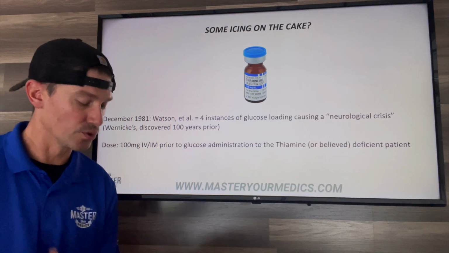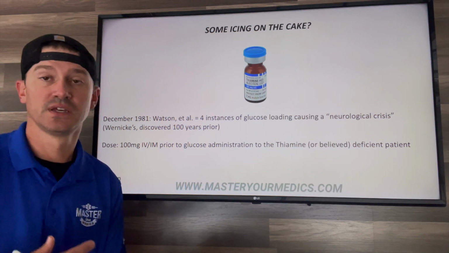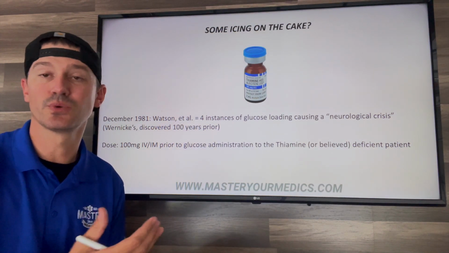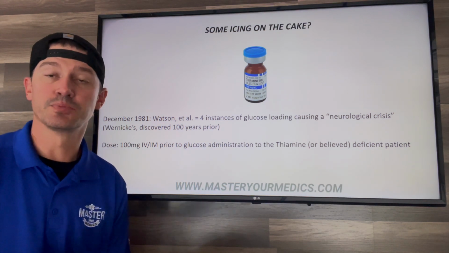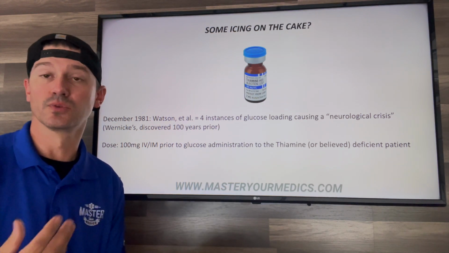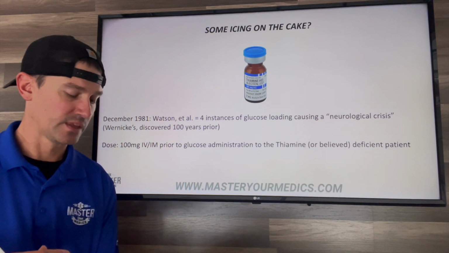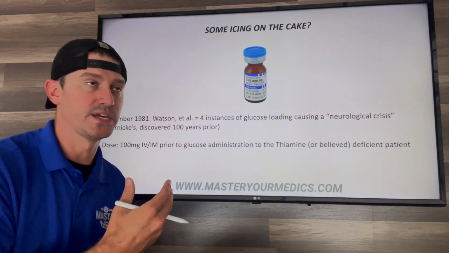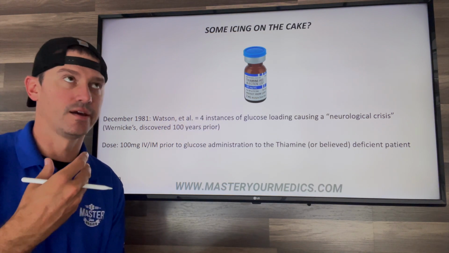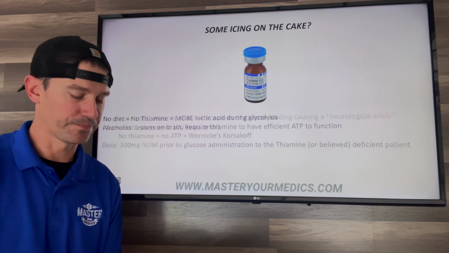So with that, our dose for thiamine is going to be 100 milligrams IV or IM. If we're giving dextrose, we've already got that IV started because we have to have that IV to give dextrose, D50, D10, D25, whatever concoction we have, to prevent necrosis. So we can give that thiamine IV if we're going dextrose. If we're going glucagon, we give that thiamine IM as well. So it's going to be 100 milligrams IV or IM to the patient who is malnourished or believed to be malnourished, or has alcoholism or known thiamine deficiency, or we believe Wernicke's or any type of history.